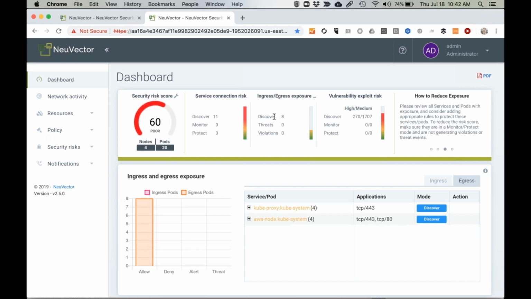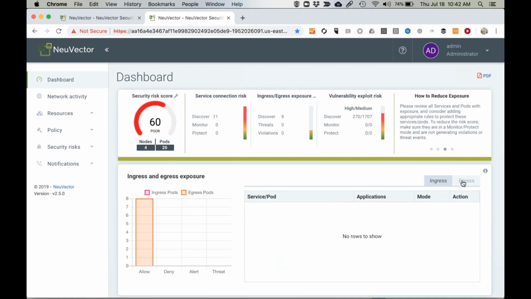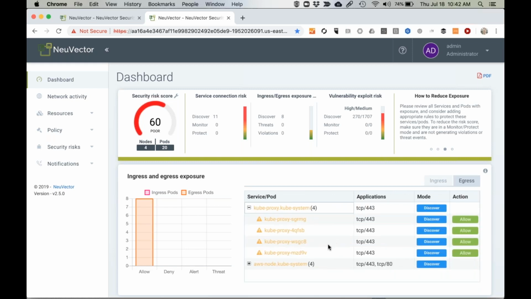Also, the security risk is determined by the ingress and egress exposures out of your cluster. So if we look at all the different connections that are going out of my cluster as well as coming in,